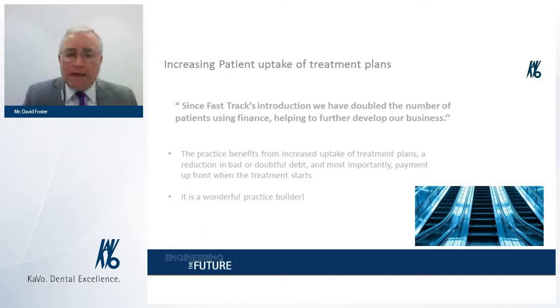So you've got an increased uptake of treatment plans, a reduction of added doubtful debt, and most importantly, payment up front when the treatment starts. It really is genuinely a wonderful practice builder. And just as a final point with regards to that,